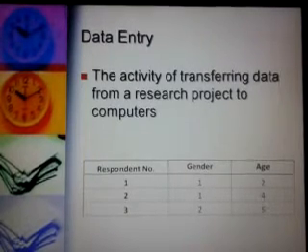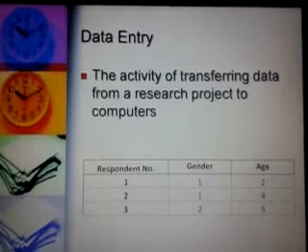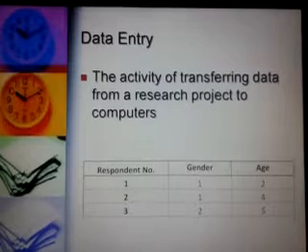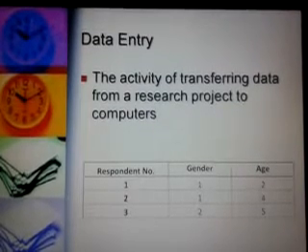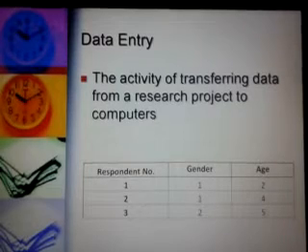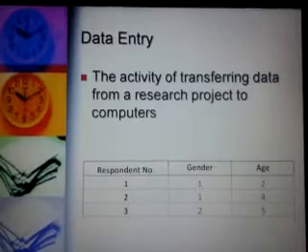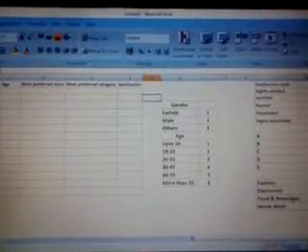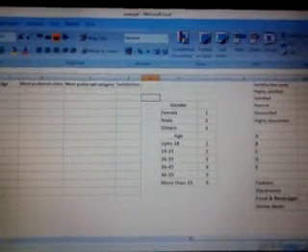For data entry, we have discussed that it is very important that data must be coded before data entry. So we'll take an Excel example, and we'll discuss how data entry should be done for further better analysis of data. So this is an example. In this example, we discuss online shopping behavior.